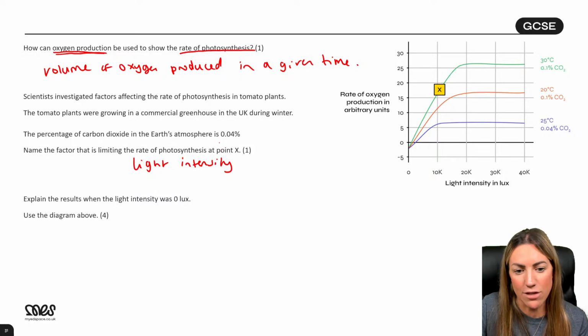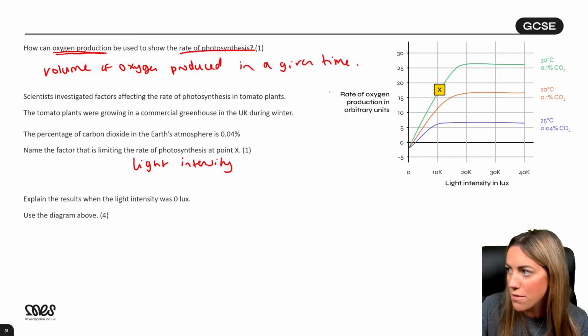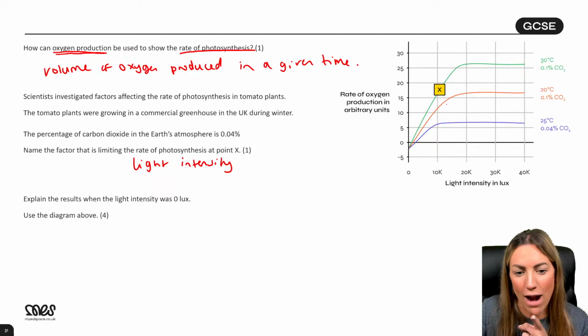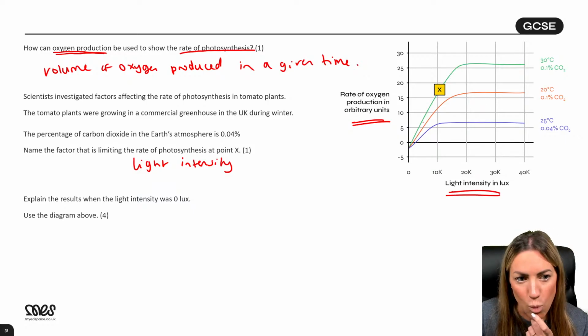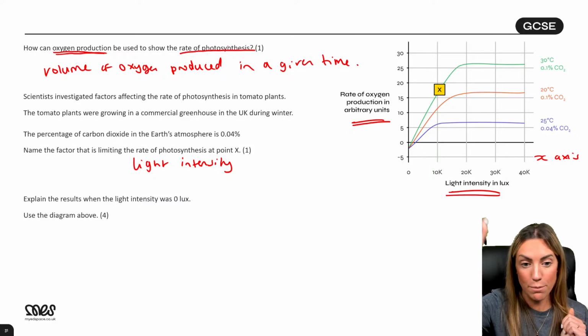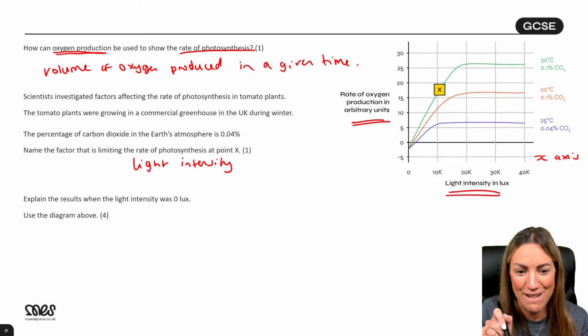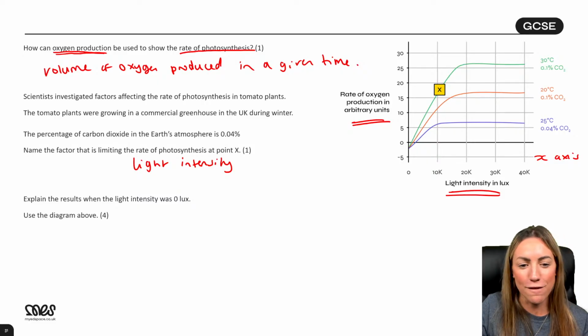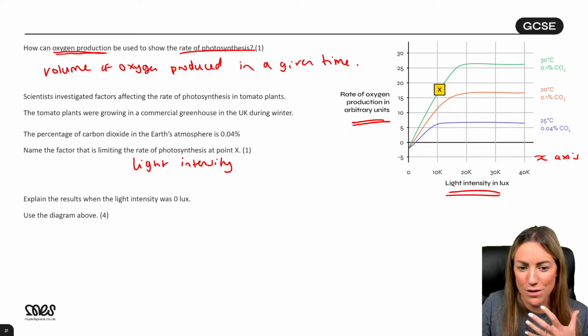Now, there's a cheats way to remember this, or there's a proper way to remember it. I'll give you both. The cheats way, on a limiting factors graph, where you've got the rate on the y-axis and a factor that affects the rate on the x-axis, is where the line is going up, it's whatever is on the x-axis that is limiting the rate. Wherever it's flat or it's plateaued, it's something else. So wherever the line is going up, it's whatever's on the bottom of the graph. That's the limiting factor. Where it's gone flat, it's going to be something else, maybe temperature or CO2 concentration.